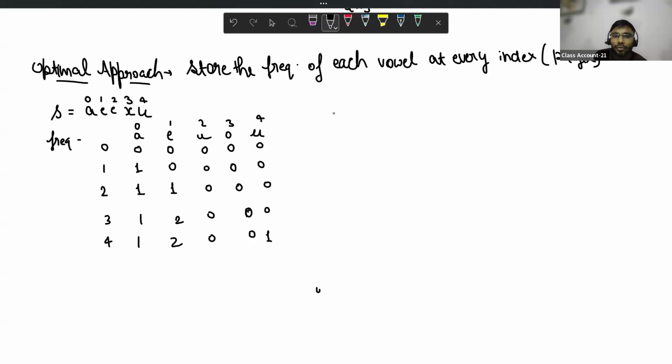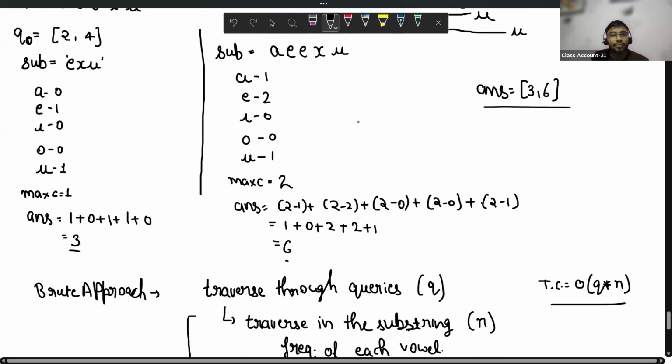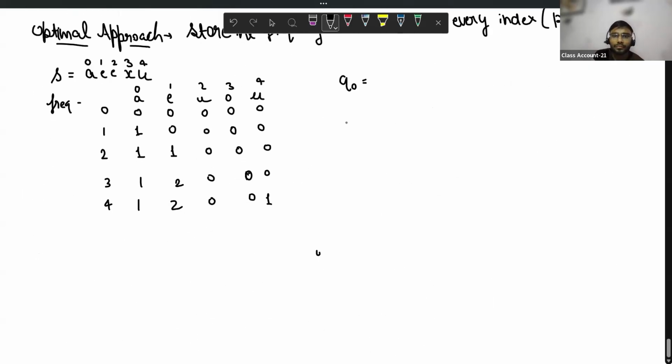After that, my query was, let's see, my Q0. What was my query 0? It was from 2 to 4, from index number 2 to 4. So let's see, what can I do now? How can I find it? Easily. I know that here my frequency of